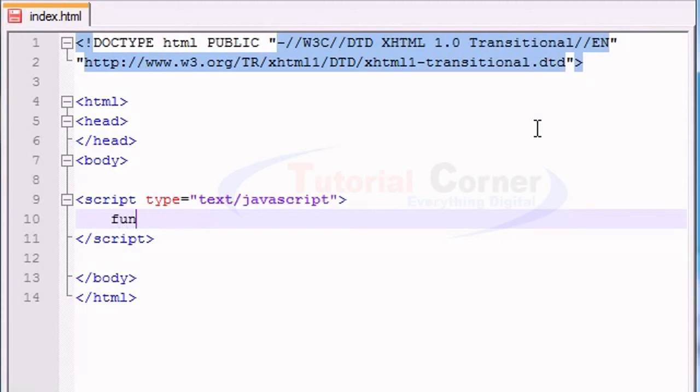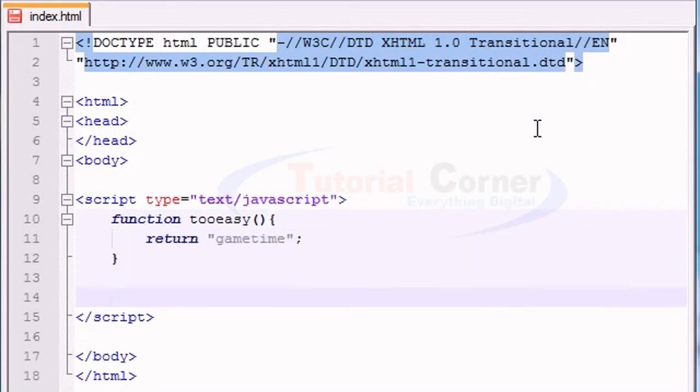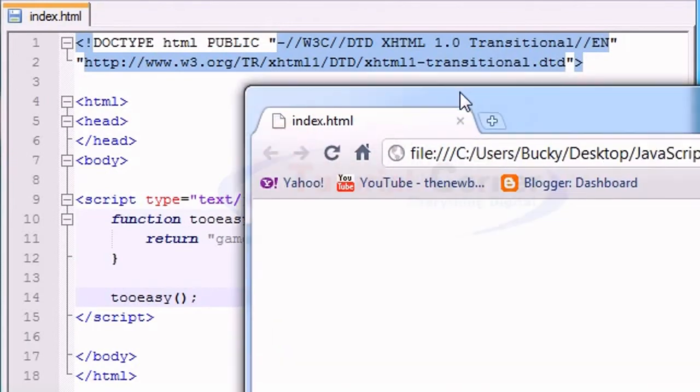So let's go ahead and name function, and let's go ahead and name this too easy because this is going to be extremely easy, not even going to take any parameters. And let's go ahead and just return any value. Let's return just some text, game time. So now whenever we call this function too easy and try to run it, nothing happens because by default,